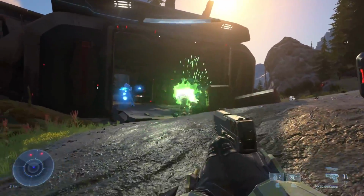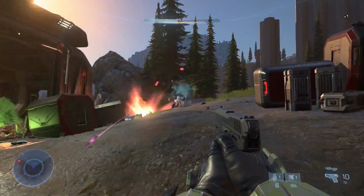So I am very, very optimistic that 343 is going to pull it out of the bag. They're going to make this game absolutely beautiful for launch. We just gotta wait and see. It's only a couple of months away now, so their time is going to be crunched, but hopefully, you just gotta hope. They go on to say that they had plans for large-scale flighting before launch, but unfortunately,